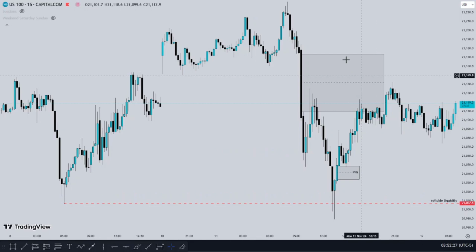So on the 15 minutes, we were anticipating higher prices before looking for an entry on a lower time frame. We expected this fair value gap. Price traded lower and took out this sell side liquidity. After the run on the sell side liquidity, you can see a shift in structure. You can see how price traded lower, did a shift in structure, ran out this high, and retraced to the fair value gap. So after identifying the shift in structure, we're anticipating higher prices, for price to trade back to the fair value gap.